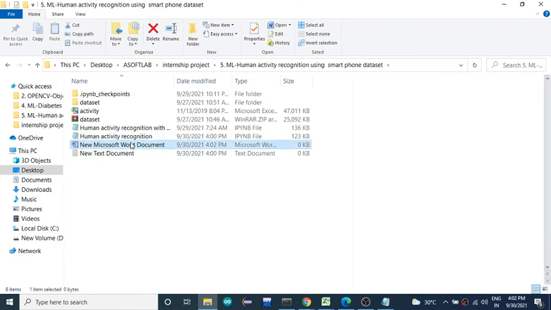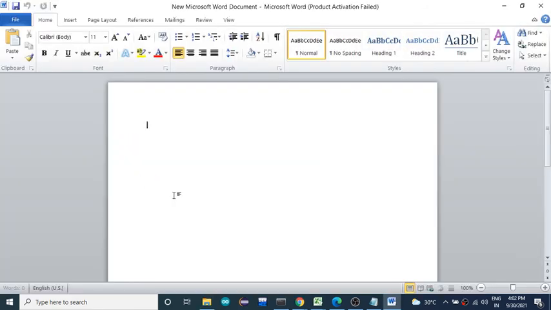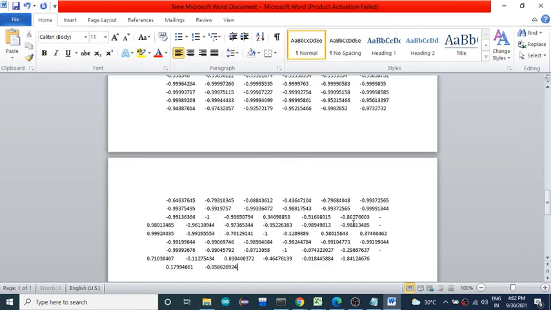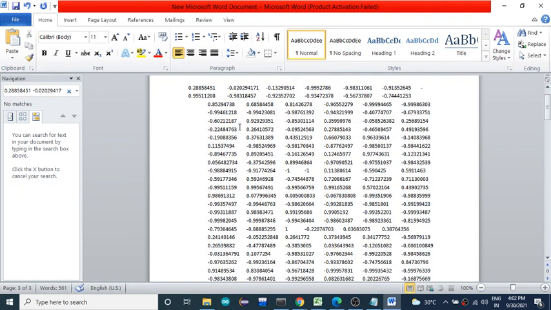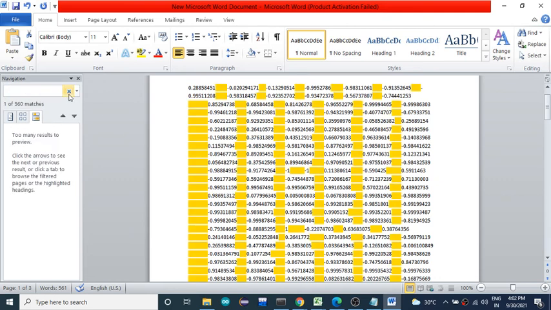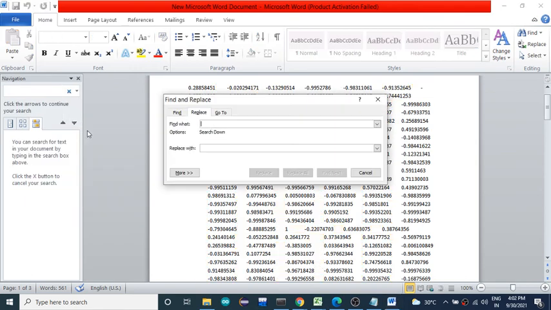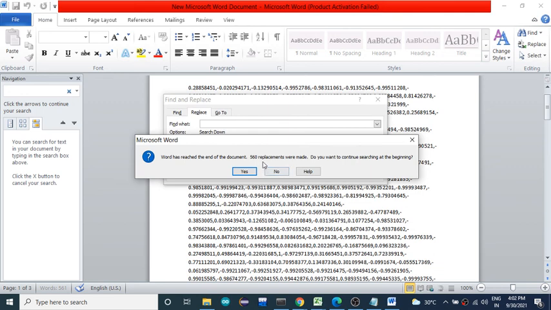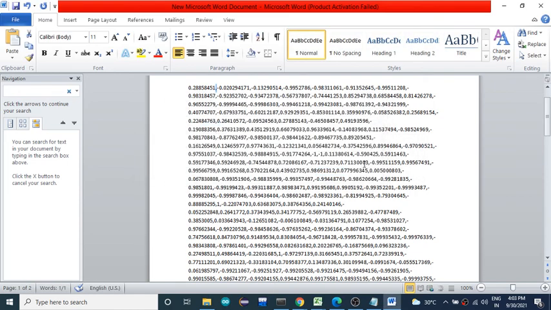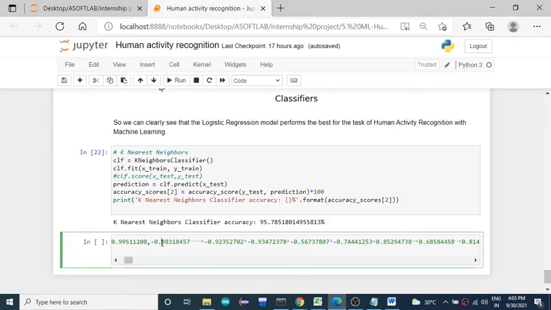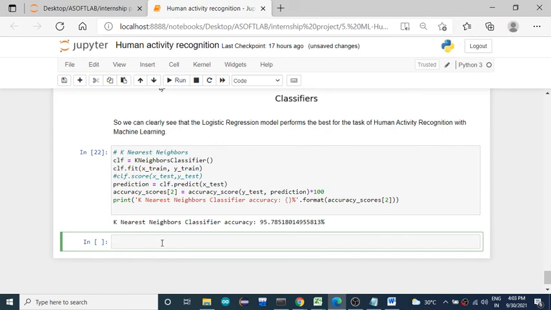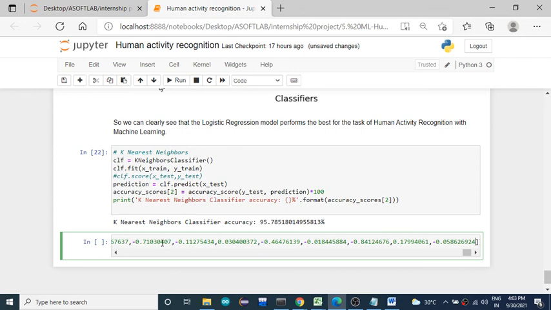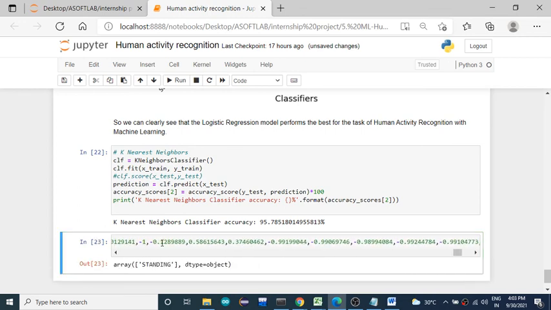Just a second, I'll give you the result. Once you give these values, you're able to get the result.